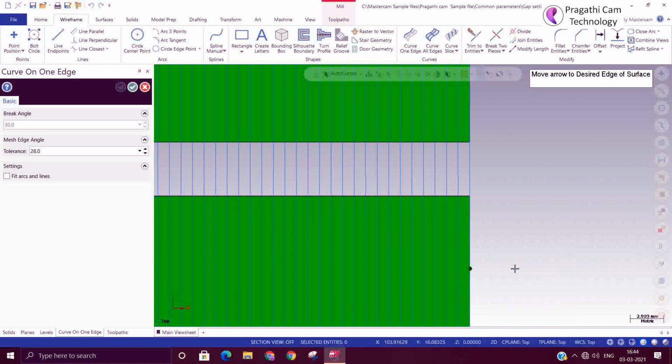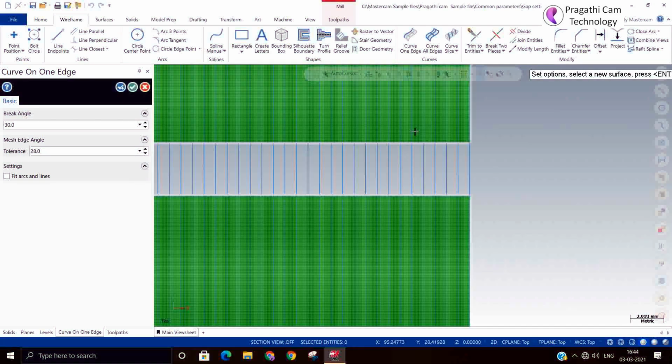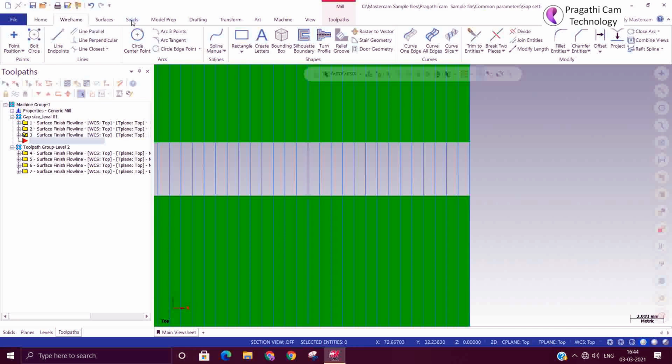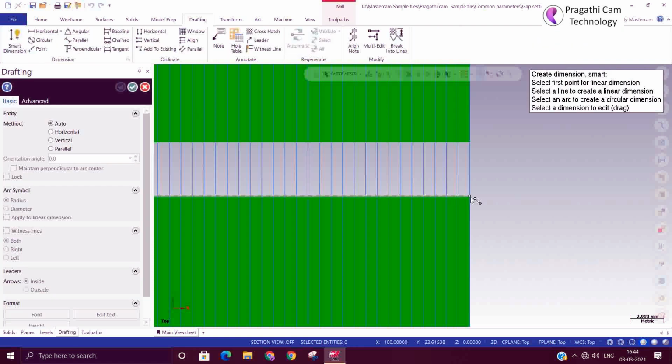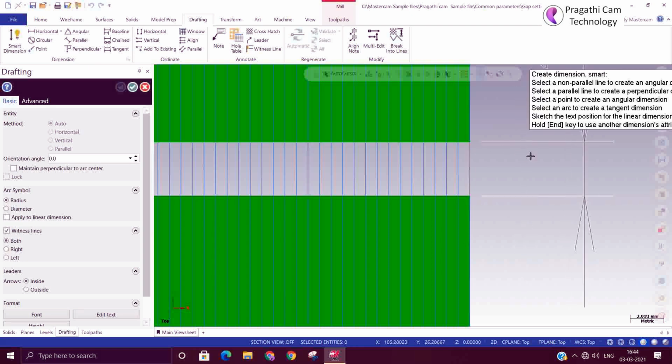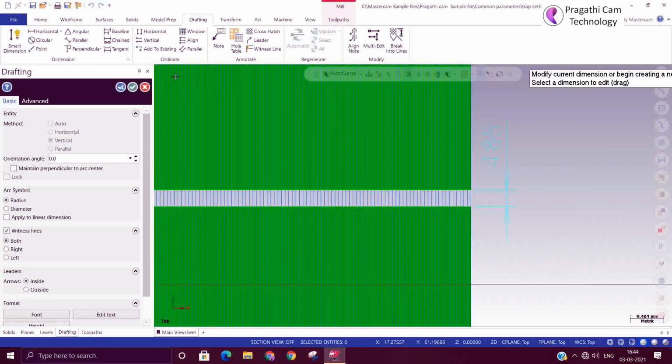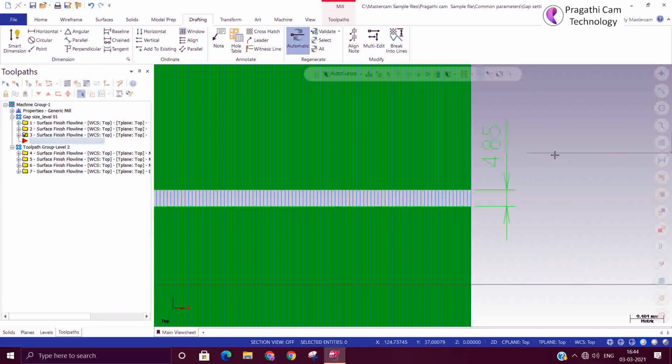I change the view to top and select the surface edge. So now I got the two edges. Now I'll analyze the dimension. The distance is 4.85. Okay.